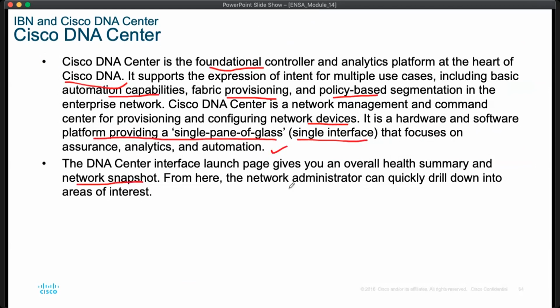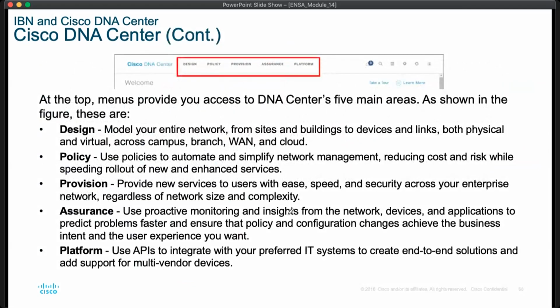From here, the network administrator can quickly drill down into areas of interest. At the top, menus provide you access to DNA Center's five main areas. As shown in the figure, these are design, policy,